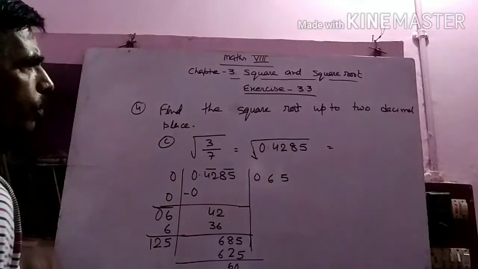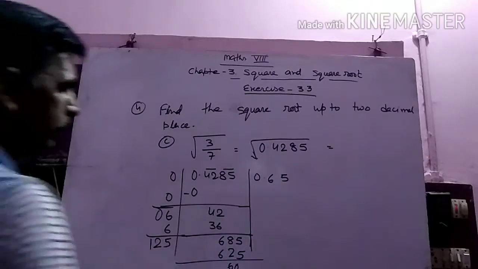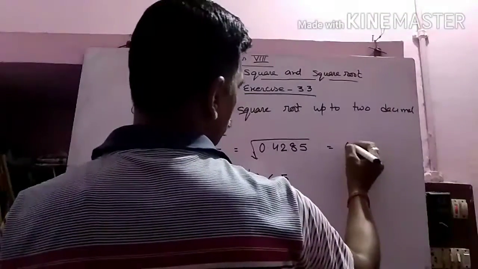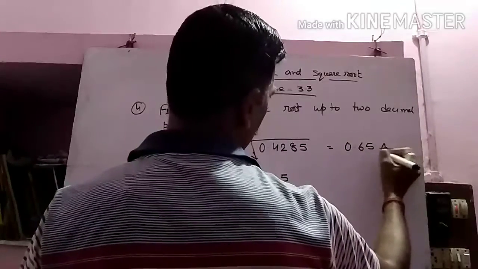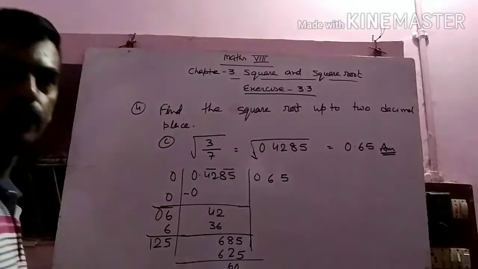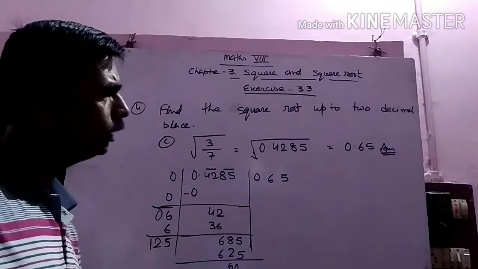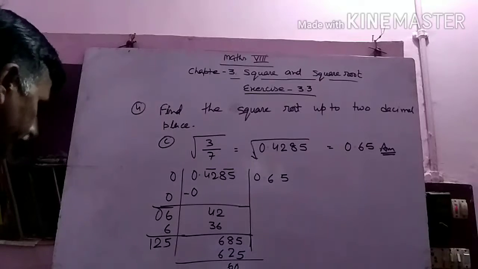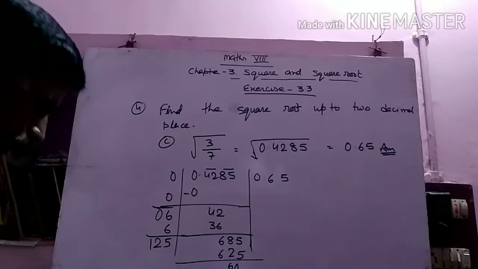So the square root of 0.4285 is equal to 0.65. So this is the answer. To get the answer, you should solve that one. How have you got the answer? By solving it. Okay. The next question is